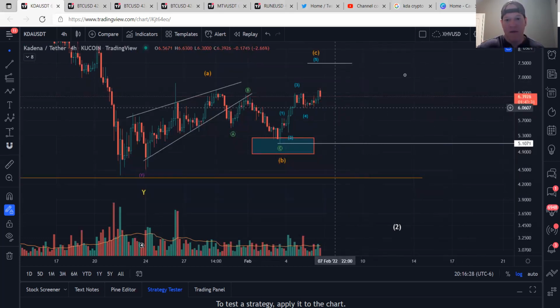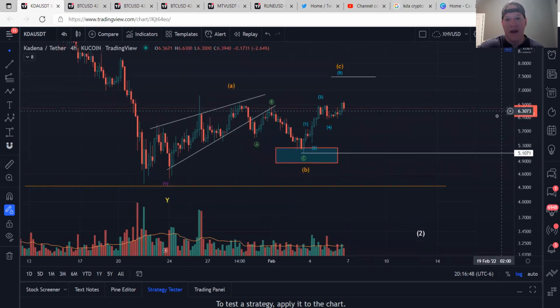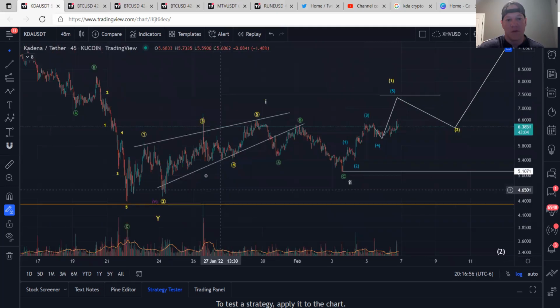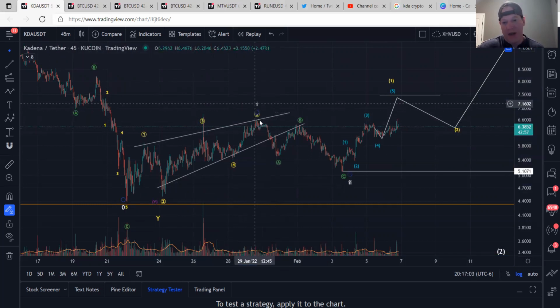So as of right now, I'm viewing this as a C, which could be a 1, 2, 3, 4, 5, and we could reverse at around 746 to 750, and we'll have to wait to see how that wave would unfold if we do get rejected. So that would be the more downside scenario playing out. And then there is a bullish scenario here that I can see as well, which would be a 1, 2, 3, 4, 5 wave as a leading diagonal, putting in a 1, and then an ABC, putting in your 2.